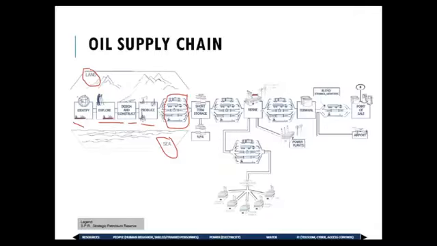So they store it. From that storage area, if the oil fields are on the land, they can be in different places. So they have a terminal where they accumulate all the crude oil from the different fields on the land. Then from there they transport it to the refinery.